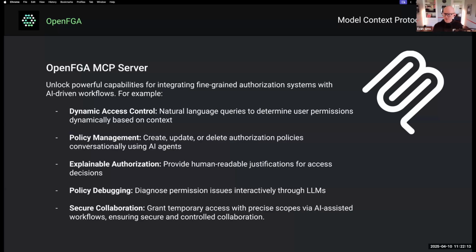It's conversational, of course, so it understands, like I said, natural language. So you can actually have a human-friendly conversation with an AI agent, and it will understand what's going on with your OpenFGA model. You can say, oh, I want to add support for this, and it can write those changes to your store. It'll generate the model for you and update them and write them and all that. Of course, lots of potential for debugging,